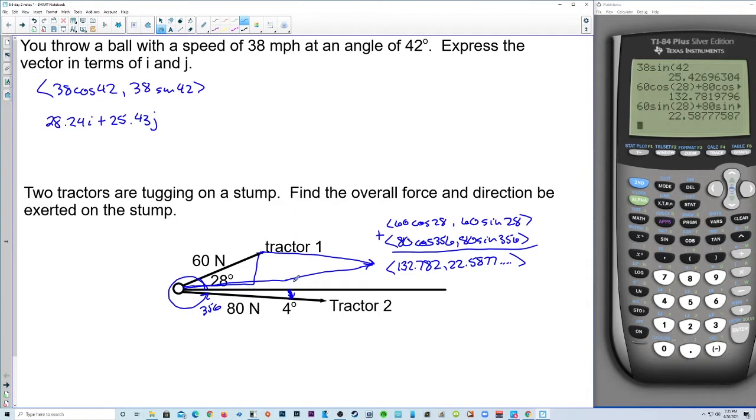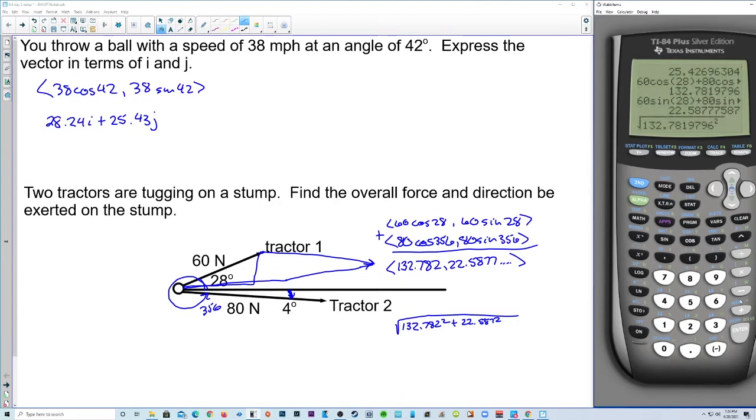Keep on going. So now we have the y component and the x component, and we want to find the overall force, because that's like the magnitude of the resulting vector. So we're going to use the Pythagorean theorem. So we want the square root of 132.782 squared plus 22.587 squared. And let's do the square root of, and let's go grab this number up here. We're going to grab that number and square it, plus, and then we can go up and grab the 22.587 right here. We're going to grab that and square it, press enter. And so the overall force on the stump is